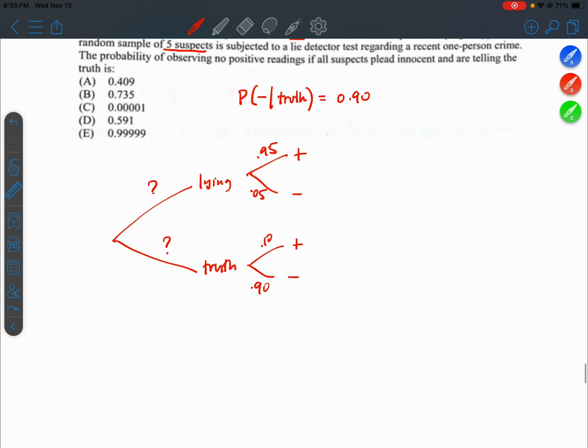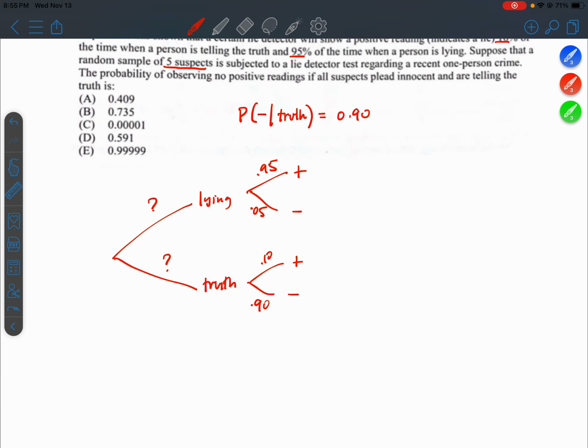Okay. So notice I was using the word and, right? The first subject having a negative result while telling the truth, and the second subject, and the third subject, and the fourth subject. So and means multiply. So the probability should just be 0.90 times 0.90 times 0.90 times 0.90 times 0.90, or 90% raised to the 5th power,